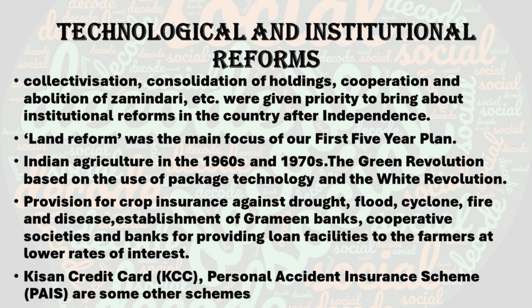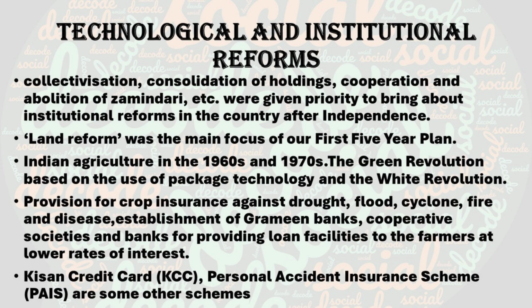The second thing is the green revolution. To increase the productivity of crops, this was introduced. Here they used HYV seeds, and they are still using them. HYV seeds, fertilizers, irrigation, and modern technology. Initially, this green revolution benefited Punjab, Haryana, and Western Uttar Pradesh. They used it for the cultivation of wheat and rice. The next is the white revolution. It focuses on increasing milk production through Operation Flood.